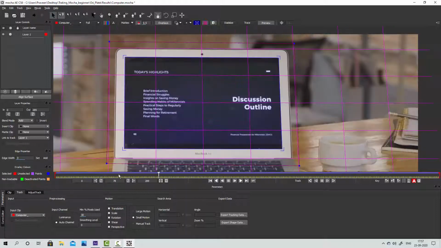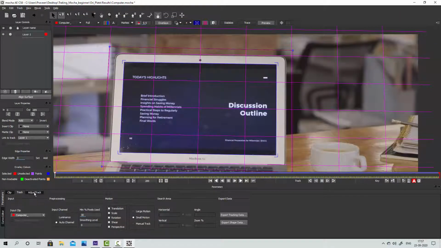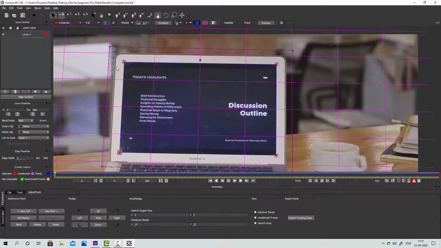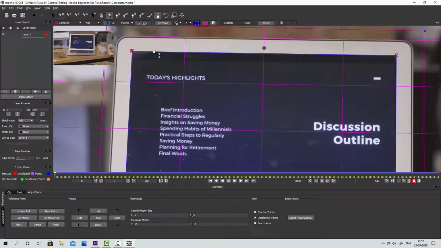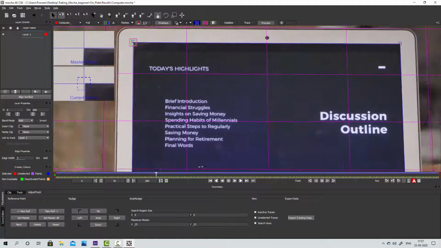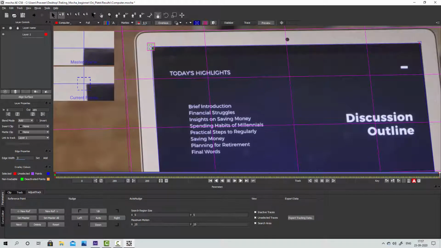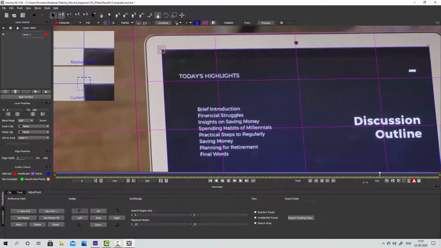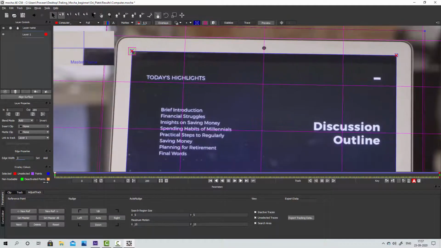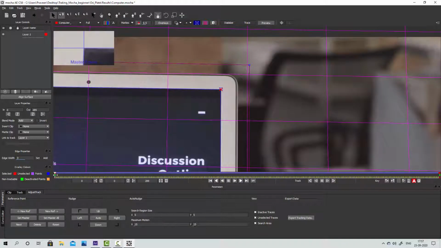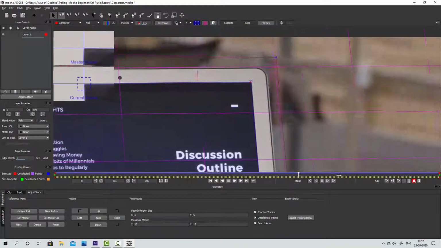Select Adjust Track, make sure you are on the first frame and move the point. You will see in the timeline one green point is created. That is the keyframe, and go to the last frame and adjust it. I will do the same thing with the other point.